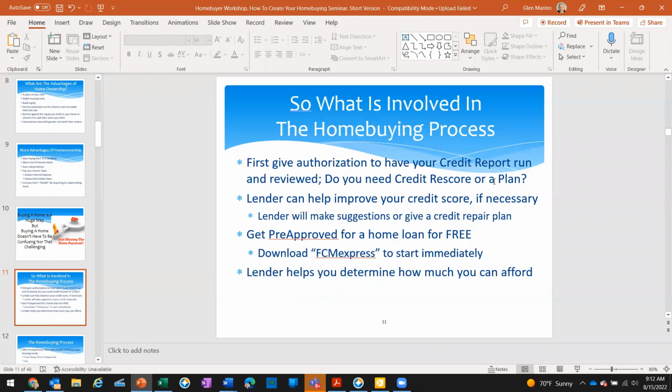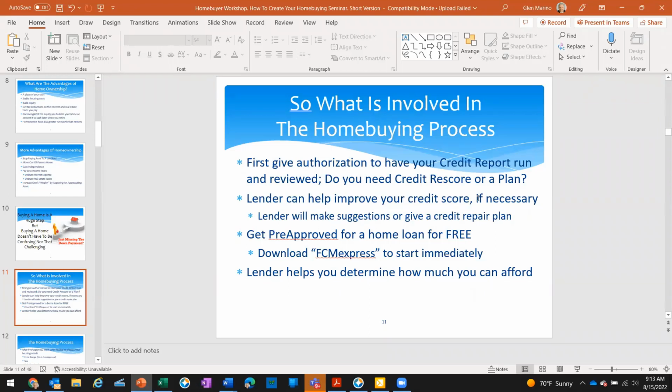Usually if they're given a plan, which a lot of the credit agencies have, we have what's called a what-if analyzer. What if you paid off this collection? What if you brought this Visa card down from $900 to $100? What would my score change to? What would be the improvement in my score? And we see that happening within 30 to 60 days by most people who are motivated to buy a home.